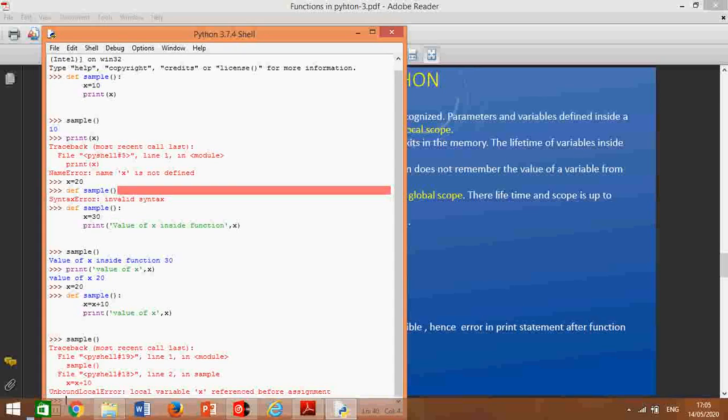So here it's an error, again a reference error, as shown on the board.